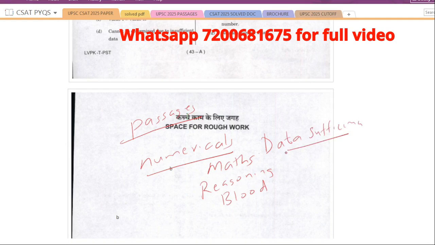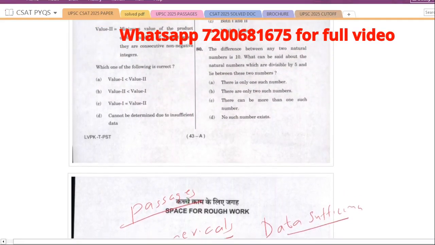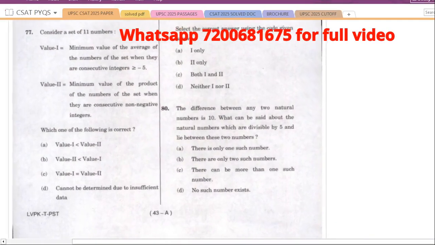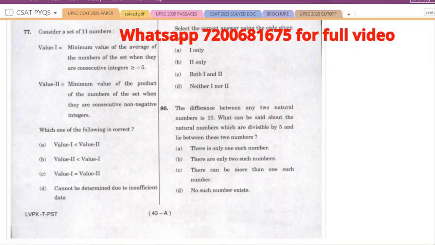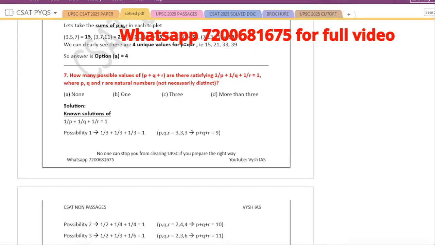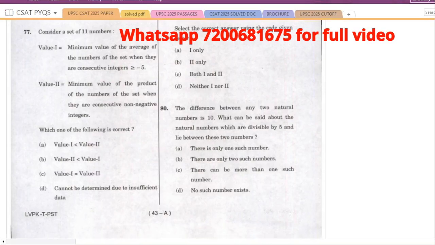So all these things are in the second half of the paper. If you see here, this is the rough workspace which you also have to use during the exams. So here if you see, from the 80th question onwards, if we go backwards, anyway, the PDF, I hope you have got it. I'll just show you the solved PDF also. This is the solved PDF which has already been emailed to all the enrolled students. So you would have got it already for all the 3 years, 2025, 24 and 23. Now I have taken the